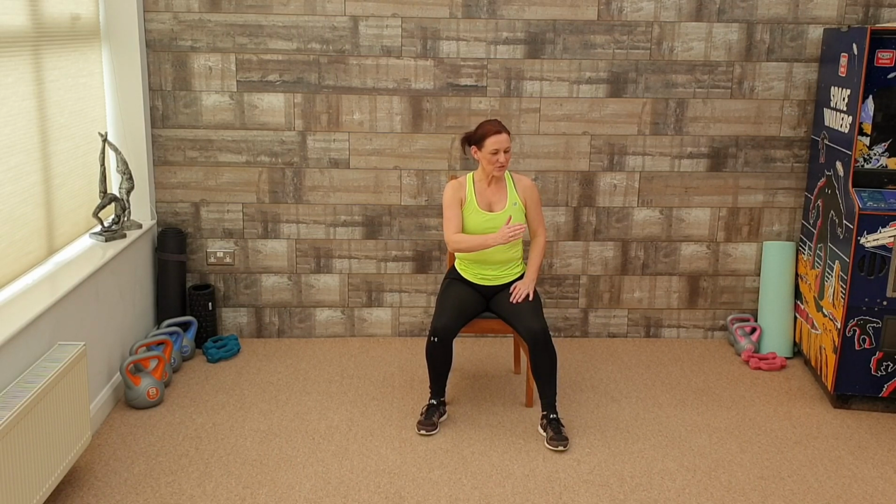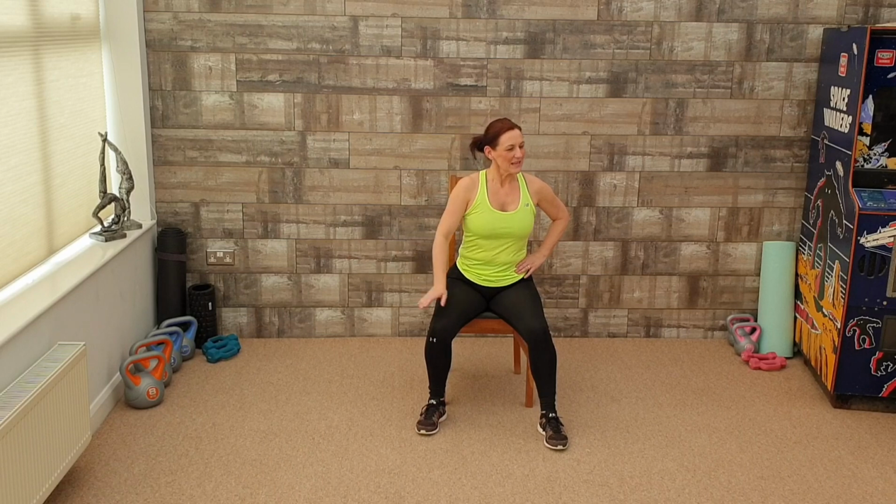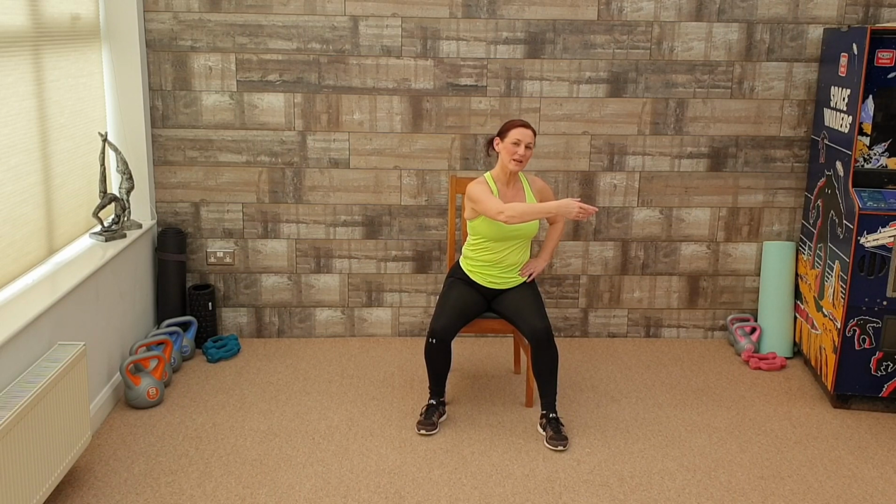So if you're standing up, you can move to your side bow. I'm going to take this foot just to parallel here, just to give myself a bit more space on the chair to move. If you're standing up, we'll be doing side bow and transferring the weight from one side to the other. I'm going to lift the hand up, little twist of the waist here, pushing into this foot. I'm going to follow my hand,